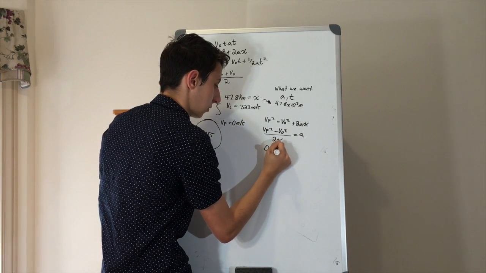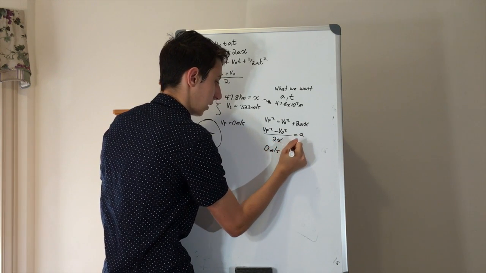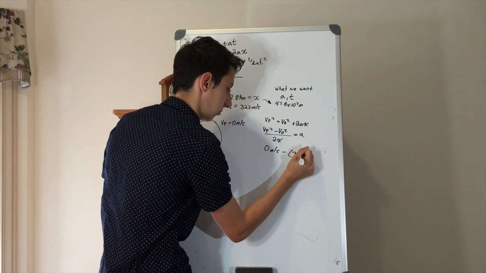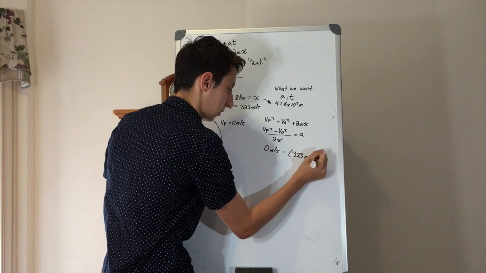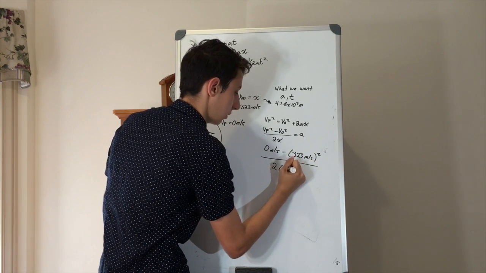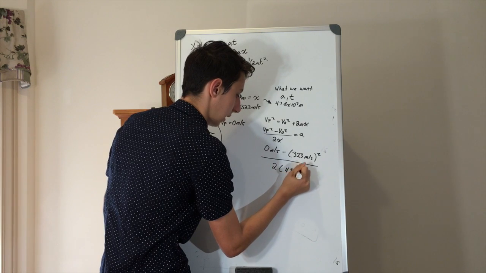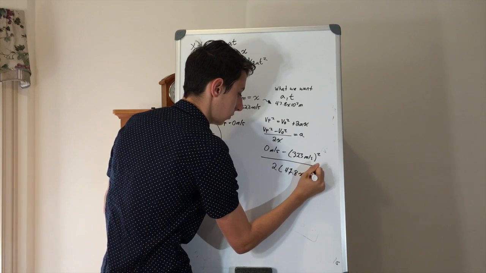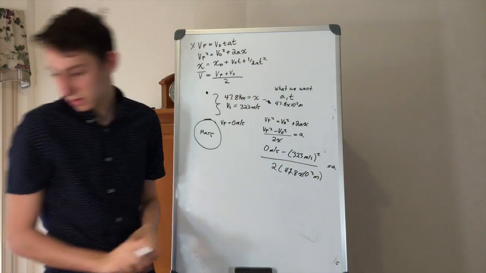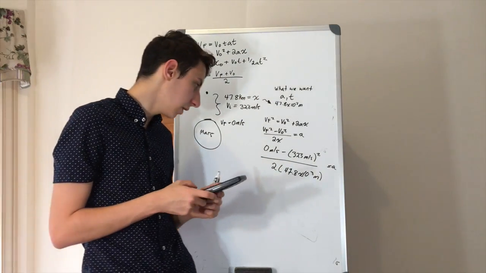Velocity final is 0 meters per second minus our velocity initial squared, which is 323 meters per second squared, over 2 times 47.8 times 10 to the third meters. And that's going to be equal to our acceleration. So let's plug that into our calculator. And we should get